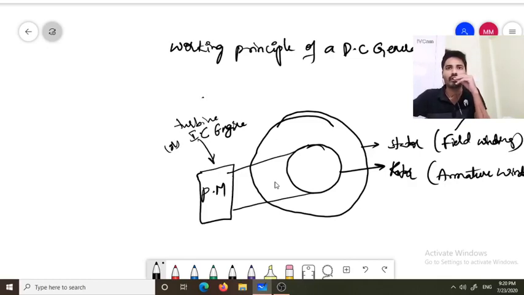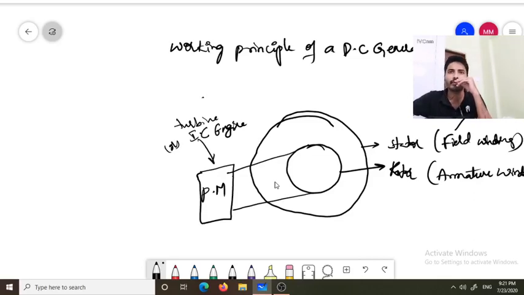Whenever the rotor is rotated by the prime mover, the armature winding placed in the rotor, the armature conductors, are also rotating. At that time we give field excitation to the field winding. Current passes into this winding and flux is produced in the stator,